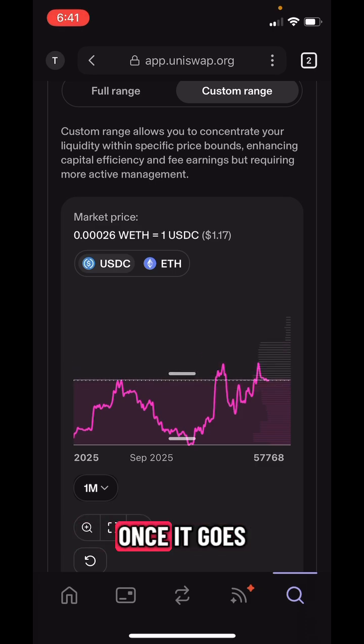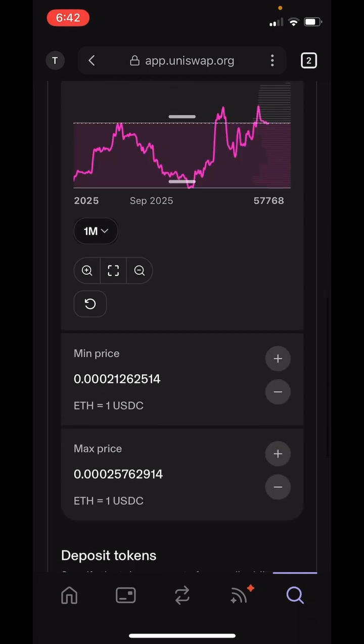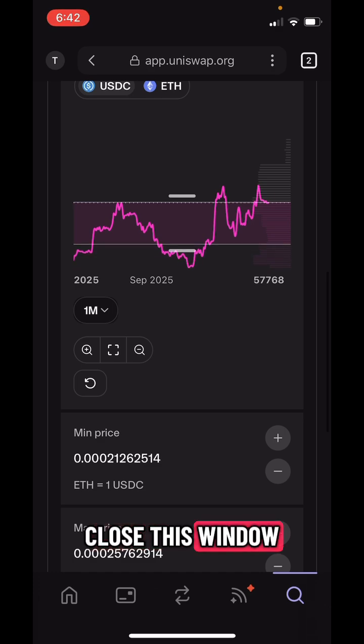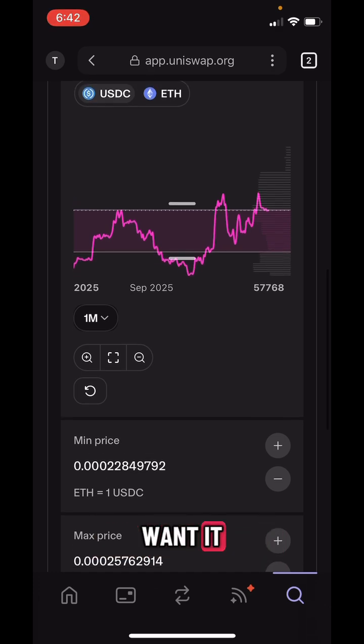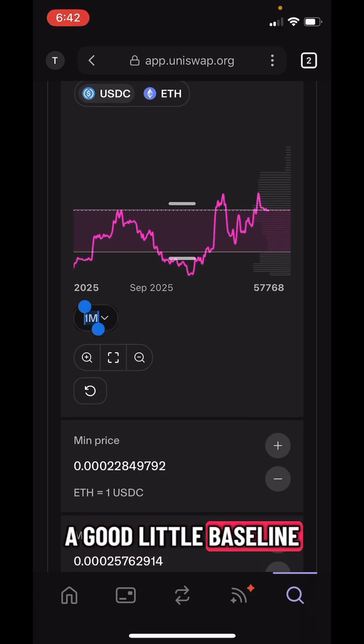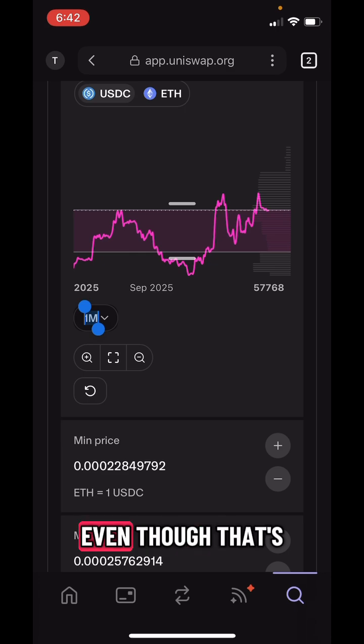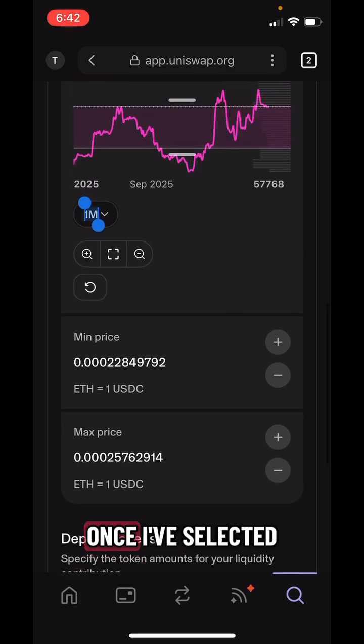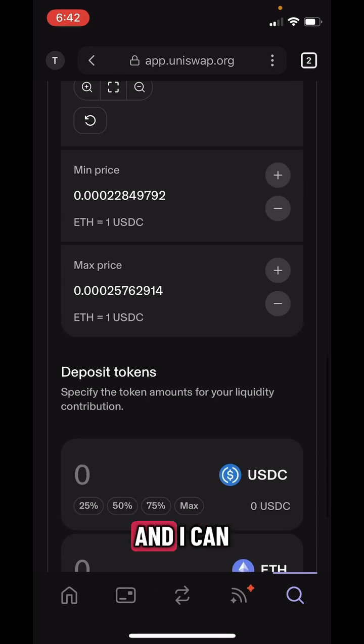Now, remember that once it goes out of this range, we're no longer collecting those fees. So I can close this window exactly where I want it. It looks like this would be a good little baseline where liquidity tends to flow, even though that's kind of borderline right now. Once I've selected my range, whether it's full or not,